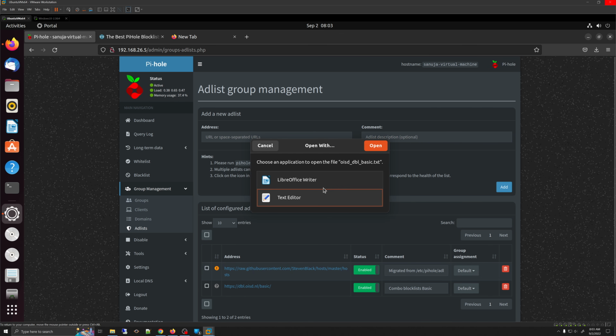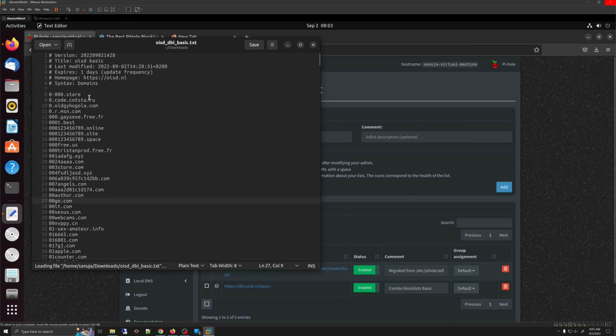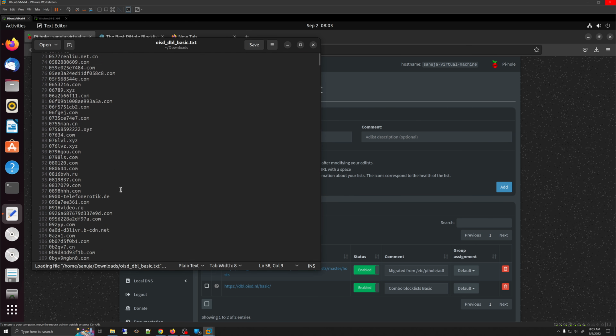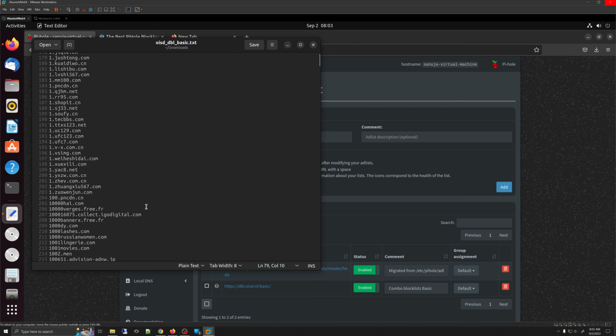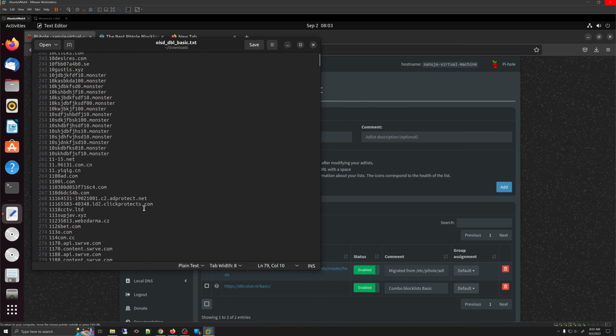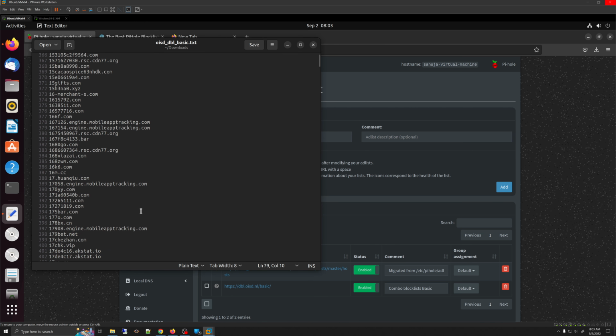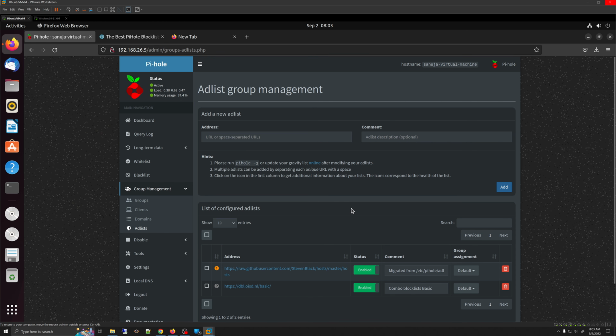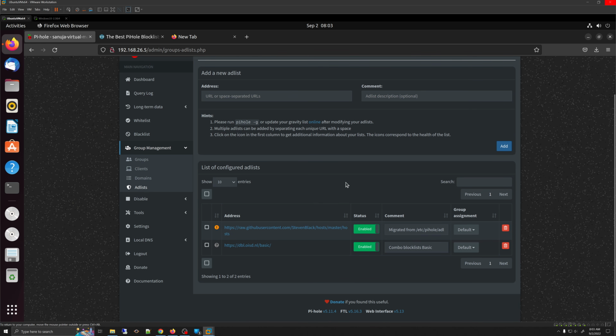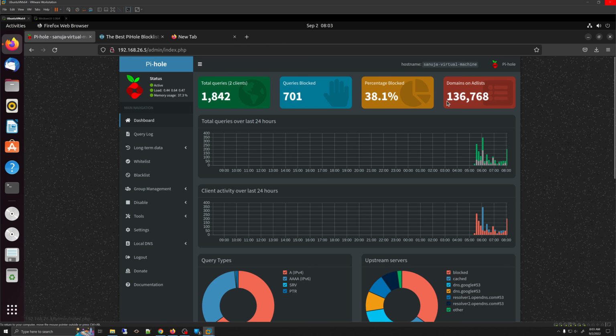Right? This is what it is. What I just added is this. It basically contains all of these websites that are being blocked for either tracking reasons, malware, ads, dangerous sites, etc. Now that's been added here. Once you add this, another thing you need to make sure you do is refresh your items, because now if you go in here, you have